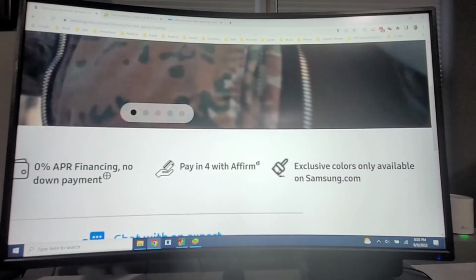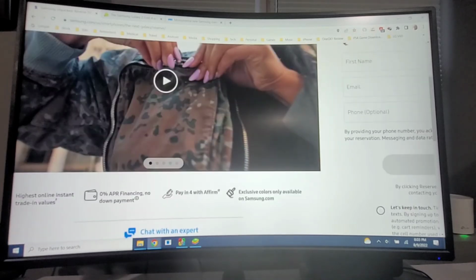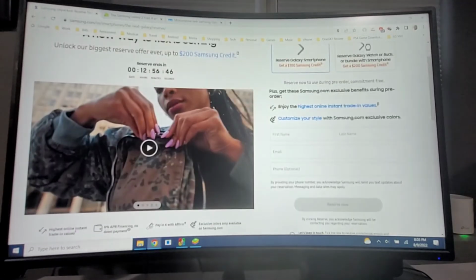Zero APR, you can use the firm to pay in 4 payments as well. And exclusive colors only in Samsung. I don't care about the colors, just care about the product. But even if you're not interested in getting the phone, I suggest reserving a spot anyway, just in case you do get it, because the higher space phones, like your 1 terabyte phones, get sold out quickly and then get sold again on eBay. So it'll be best to get it from Samsung at the regular price before you see those prices blow up